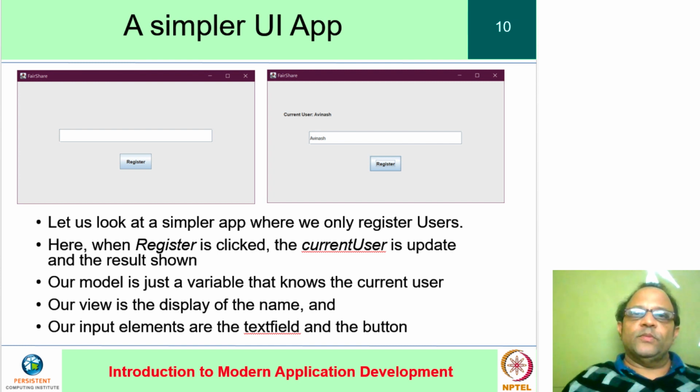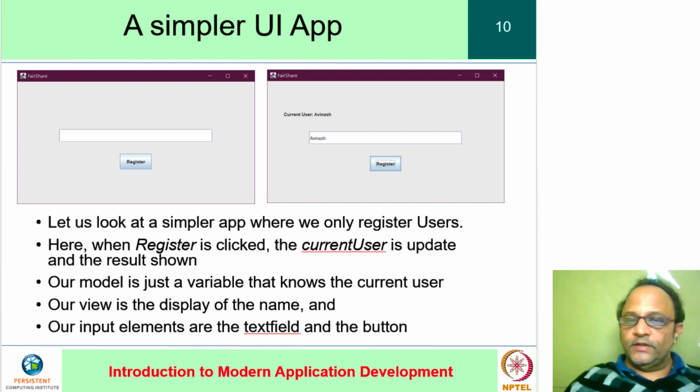The text field and the button act as input devices that change the currently held value of the model. And the label acts as a device that shows you what the current value of the model is. So one pair of these two elements, the text field and the button, are acting as input systems, and the label is acting as an output system.